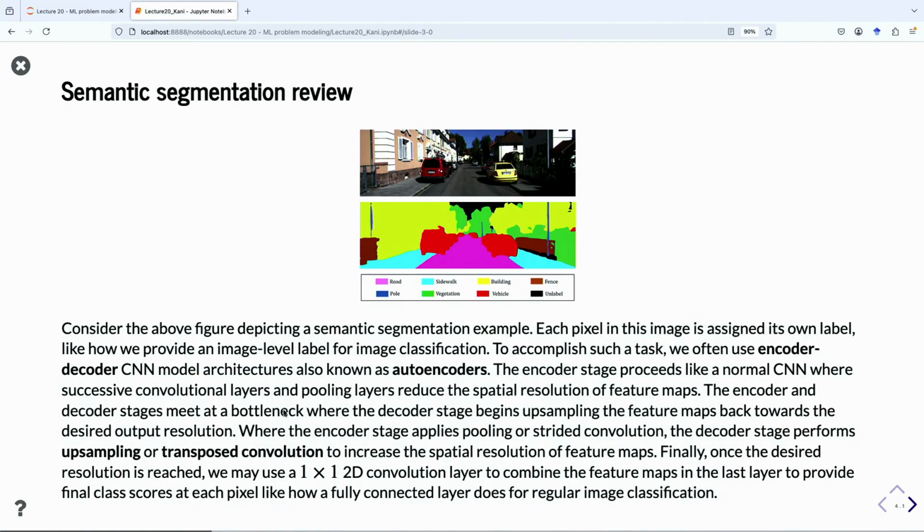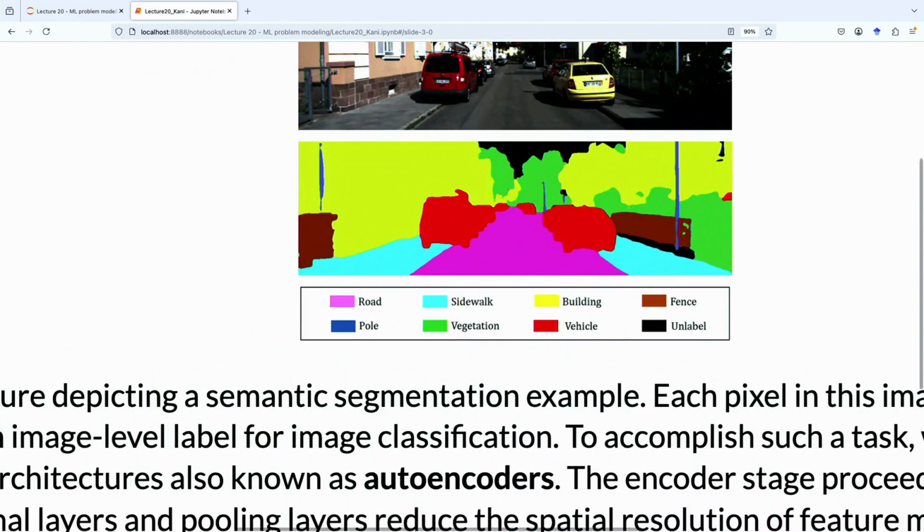The common way to do that is simply you have a picture that is an n by n resolution, and then you output another picture that is the same resolution. The only difference between the two is that whereas before the input was the actual picture, the way we would see it, the output is simply each pixel in one of several categories. Okay? So we see the picture here.